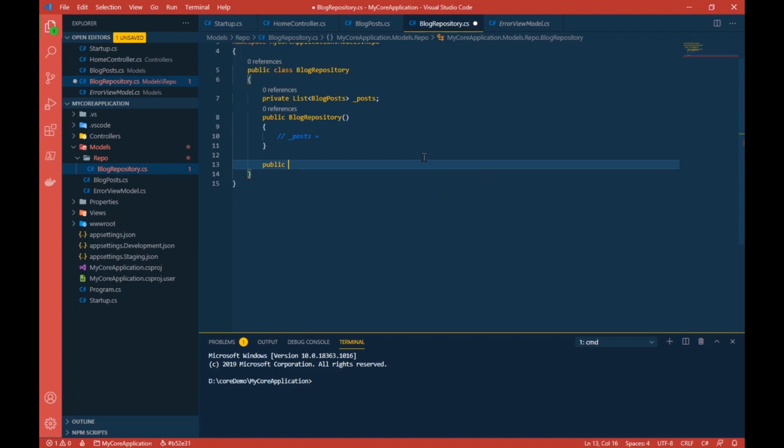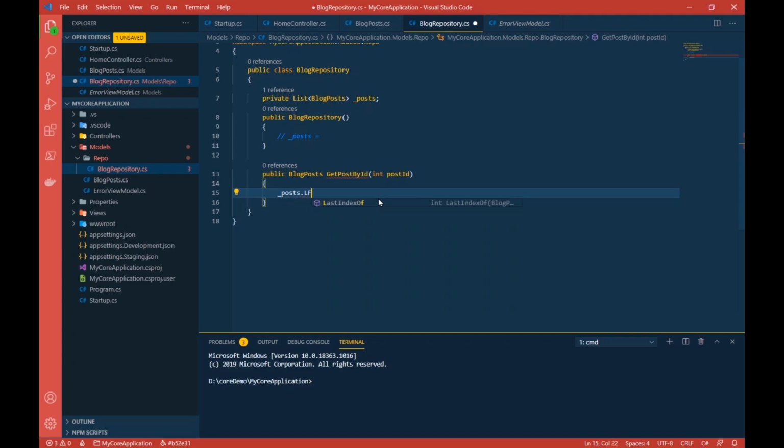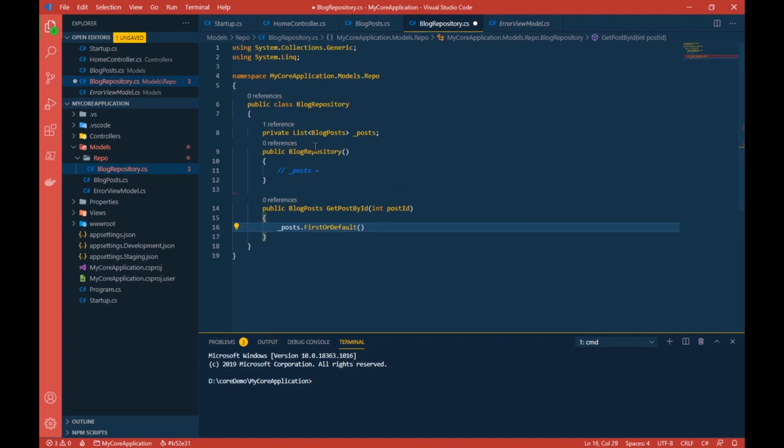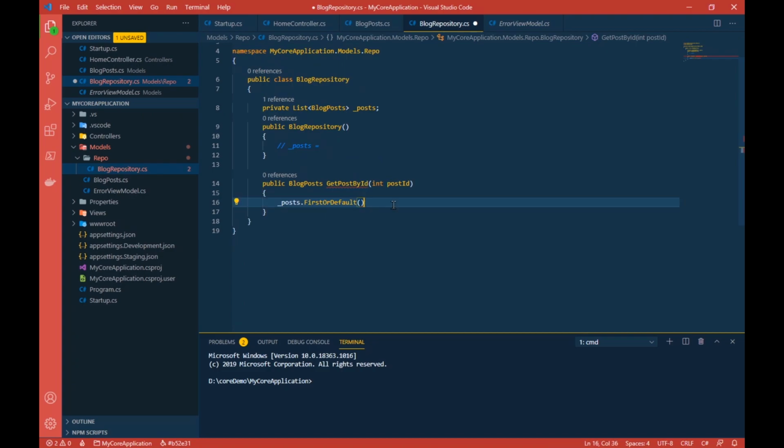Now let's create a simple method which will return us the blog post that we require. So what we will simply do is take this posts and write First. This will ask me to include System.Linq, so I'll include Linq. Basically, LINQ is a set of methods that give you very short one-liners for long code that you would otherwise need to write.